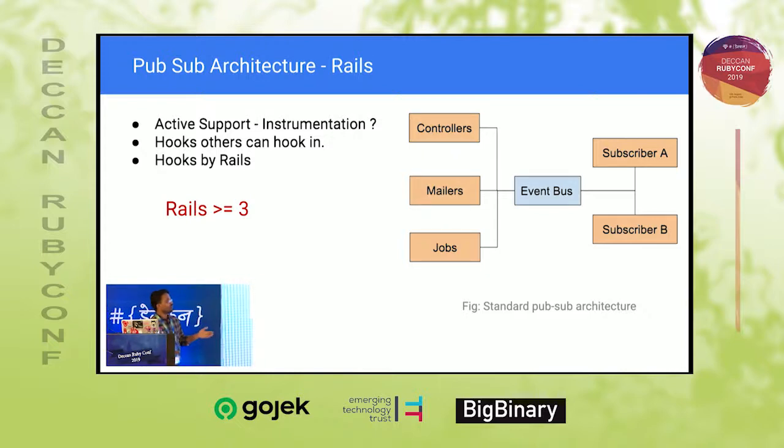I would like to tell you with respect to Rails how pub-sub is introduced via Rails Active Support instrumentation. There are multiple controllers, mailers, jobs, and all the components of the Rails application that will publish certain events based on certain actions happening, let's say, inside controllers. These events are available to a particular subscriber via an event bus. This is an imaginary kind of thing. So these published events are available to the subscriber, those who are listening to those particular published events.